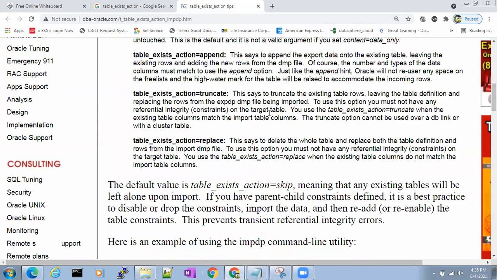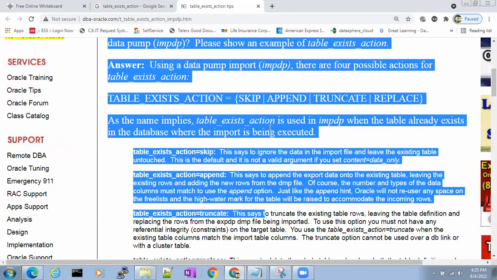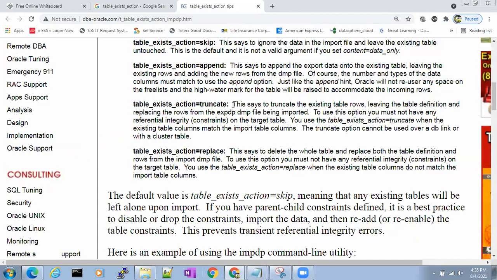When you use truncate, what happens? This says to truncate the existing table rows, leaving the table definition as it is. It will not touch the table definition when you use truncate. It will just truncate the existing rows and it will import whatever rows are there in the dump. If you use replace, it will delete the whole data and metadata, completely.